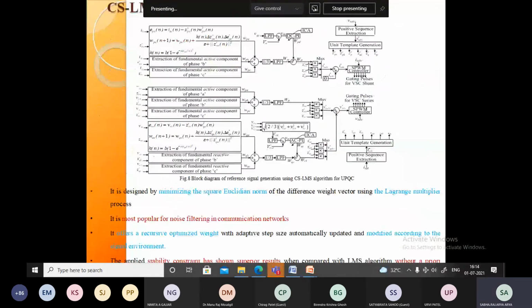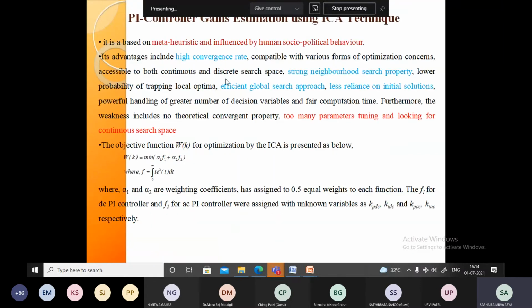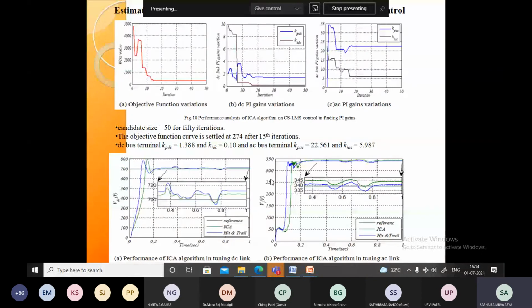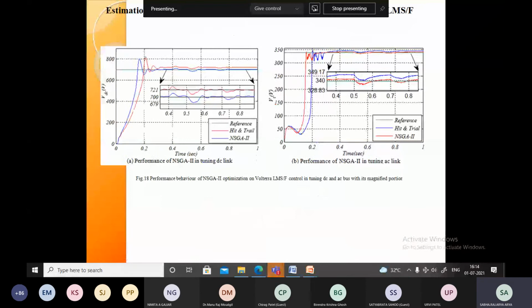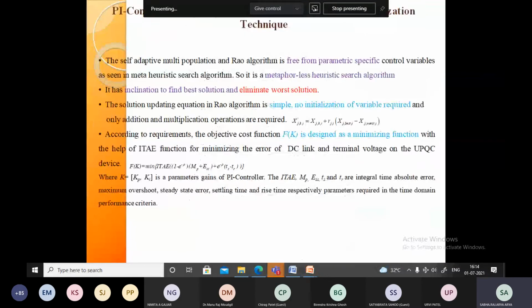Second is based on the CSLMS method. Based on that, we have developed some math. We have developed this algorithm, and after that it is basically the same. We have tuned the PI control based on this one. We have seen the different response. After that, this is the research we are going to do now. Based on that, people have done some work, and we have also published some papers. So we will see some new things here.